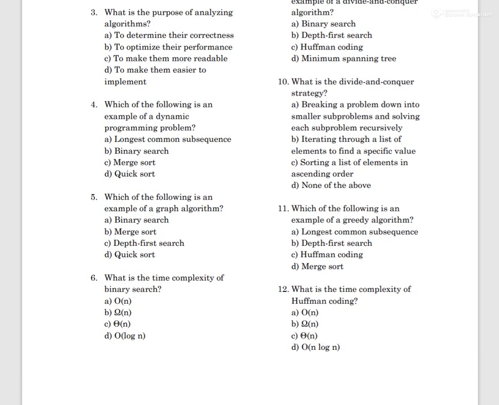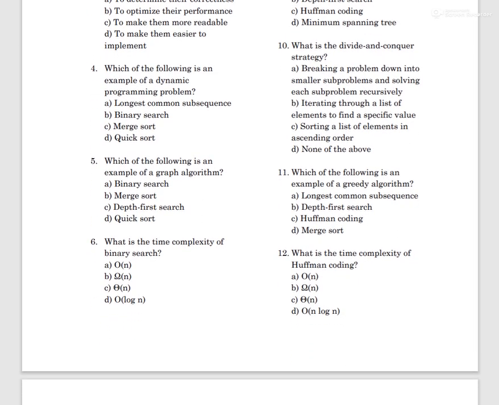Question number 11. Which of the following is an example of a greedy algorithm? Greedy algorithm is that we search for the most minimal or most optimal solution which is given to us in the present case. We select an optimal solution presently and then move forward and select another optimal solution for that. That means we move forward by selecting more optimal and minimal solutions to minimize the cost or to maximize the profit. So here the example of a greedy algorithm is option number C, Huffman coding algorithm, in which